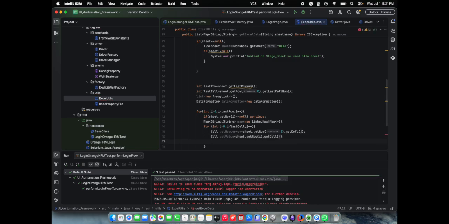So once this is done, we can write a string key is equal to